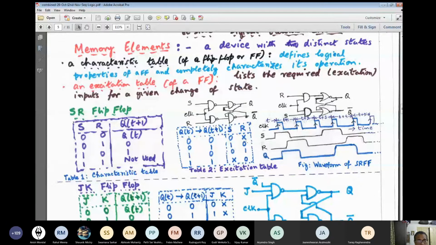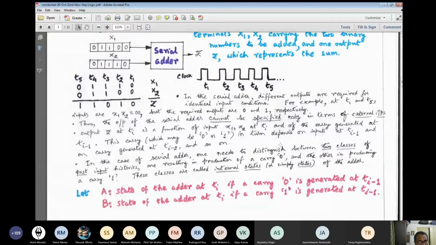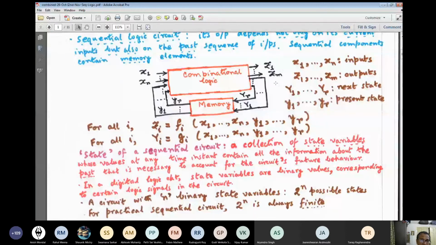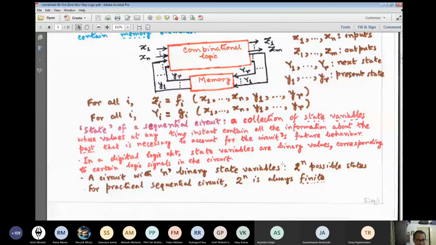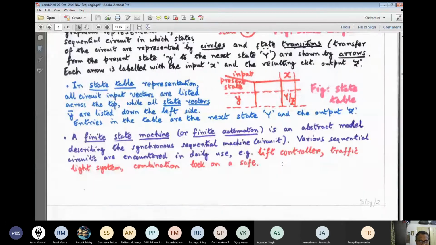We'll find that the JK flip-flop has the maximum number of don't cares. So taking you back to this, do not ever forget this basic diagram here. The sequential circuit we are studying, when we are called up to design the circuit, we have to get back to the combinational logic design. That means we have to find a minimum way of realizing Z1 to Zm and capital Y to Y1. That means we have to design the output function as well as the next state function. This will be our main job when we design a particular sequential circuit. That means it is boiling down to combinational circuit design.